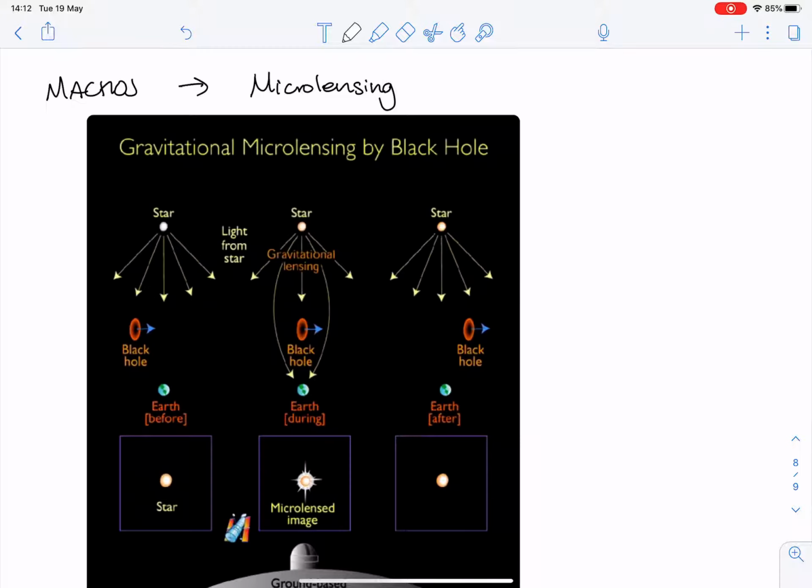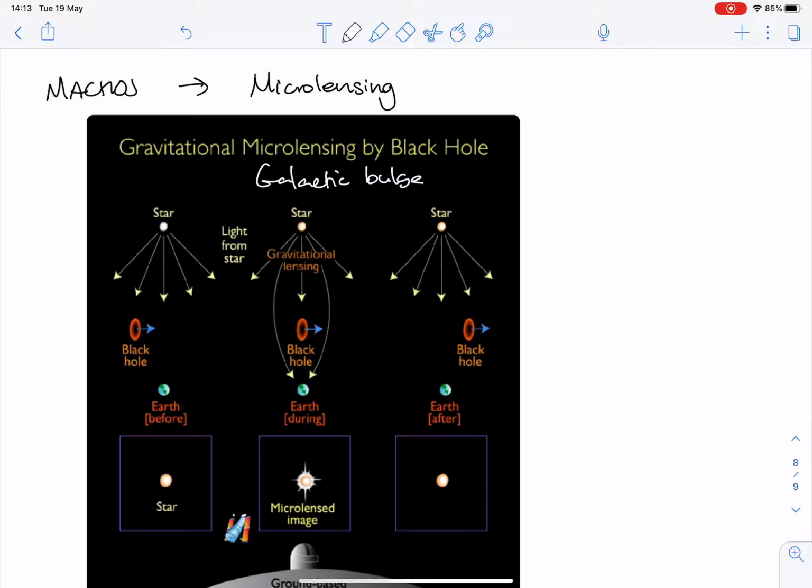But periodically they're going to go between you and something in the background. So if you monitor some field with lots of stars, so say this might actually be the galactic bulge. This is a region of space which has an awful lot of stars in it. Then what you can do